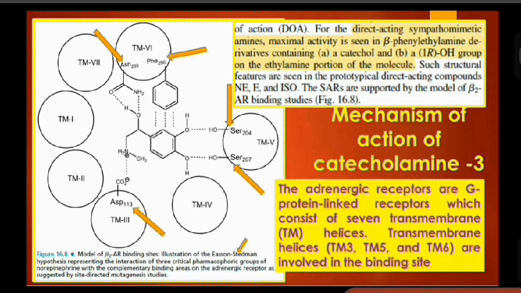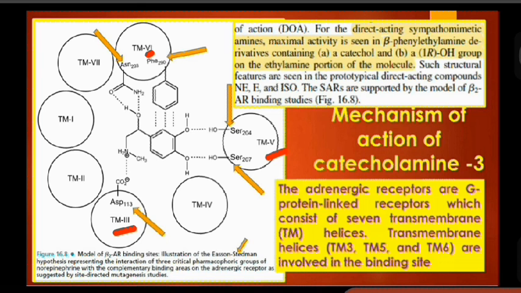Now the same thing is how the structure interacts with the receptor membrane. So we have the receptor membrane in 7 transmembrane, like a ribbon-like loop. Of that, the 5th one, 6th one, and then 3rd one. So 5, 6 and 3 are the areas of interactions possible, and that is by catechol, which is having double